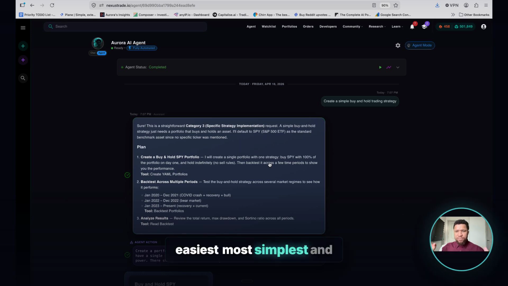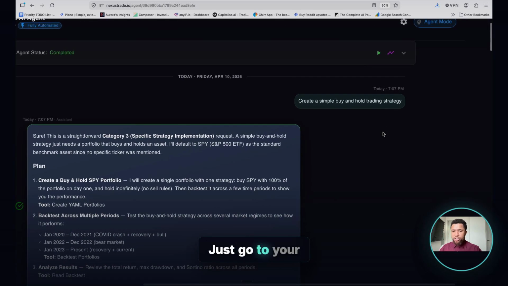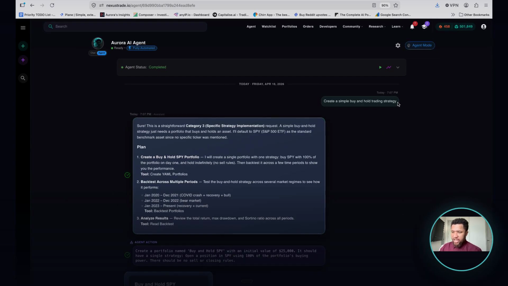The easiest, most simplest, and most intuitive way is literally to start it like this. Just go to your agent UI and just send a message and get the ball rolling. This is the easiest and standard way to start AI agents, but depending on your use cases, it might not